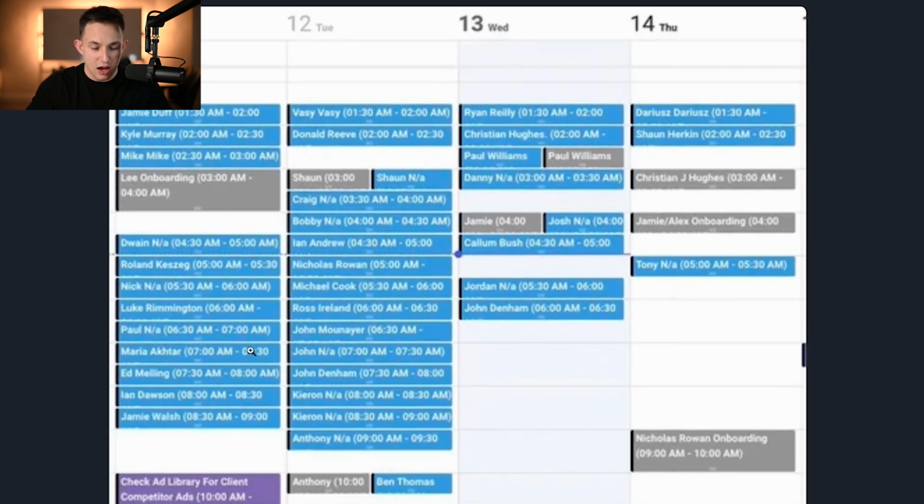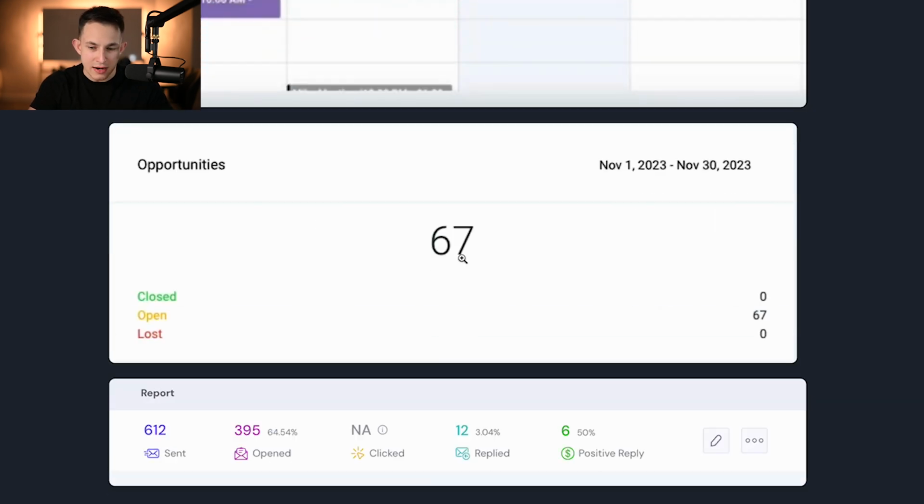You could see our Go High Level calendar when we used to use Go High Level as a CRM, we would have meetings back to back to back to back every single day. You can see right here, 67 opportunities in just the span of a month. And you can even see right here, this is a campaign we just recently launched where we have a 50% response rate. It's a brand new campaign, of course, so that will even out. But my point is that this strategy works again and again and again. So I want to share it with you guys. Okay, now let's just get right into it.